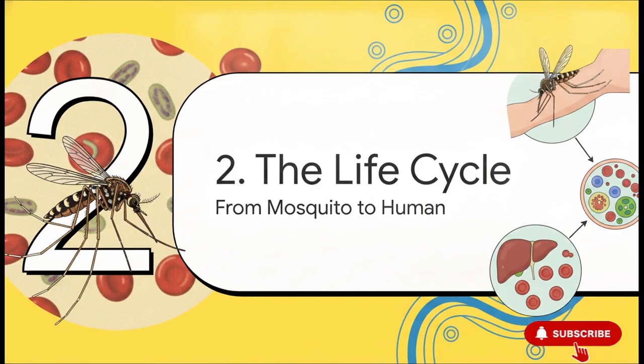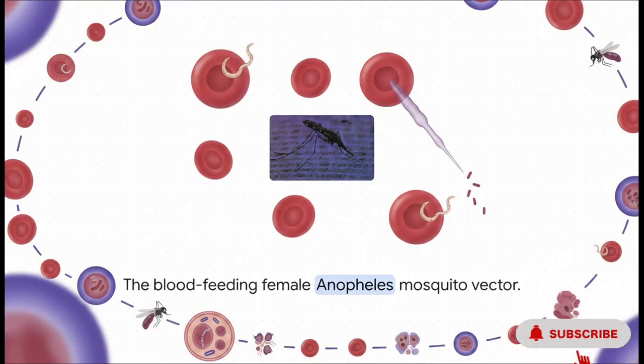Moving on to Section 2. The life cycle. From mosquito to human. Okay, so we know it has the weapons, right? But how does it actually breach our bodies in the first place? Well, it all starts with the delivery mechanism, the blood-feeding female Anopheles mosquito. And a quick note here, it's only the females that bite. They're the ones that need the protein from our blood to develop their eggs. So when an infected female takes a blood meal, she inadvertently inoculates the human host, basically injecting the Plasmodium parasite